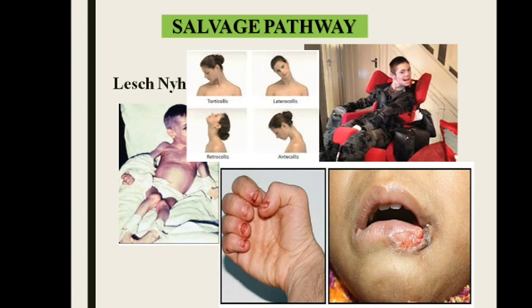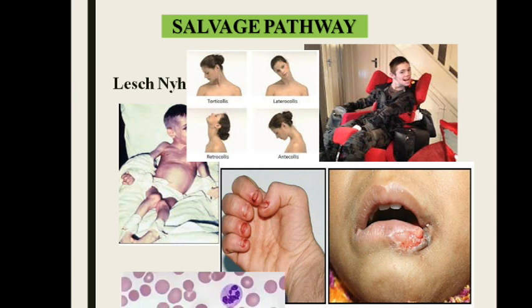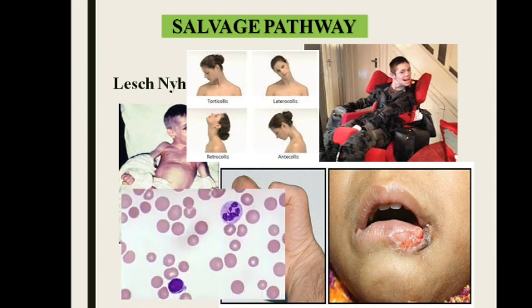All that, and the patient will have choreoathetosis movements, and there is a defect in the speech as well. The speech becomes very abnormal, and these are the various neurobehavioral manifestations as well as the clinical manifestations that are accounted for in Lesch-Nyhan syndrome. And, as I told you, Lesch-Nyhan syndrome is related to the salvage pathway.